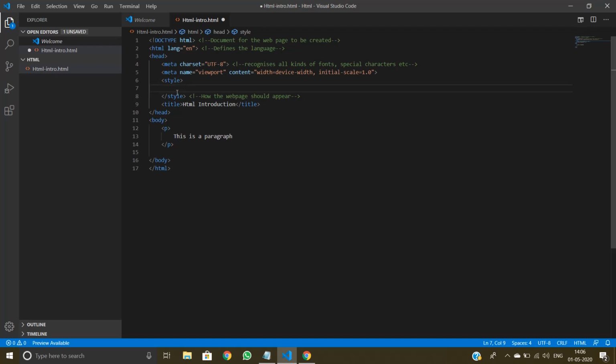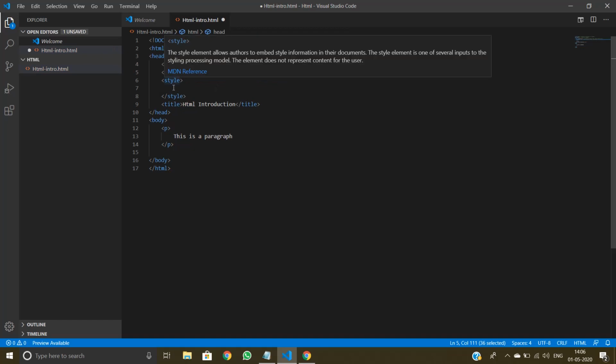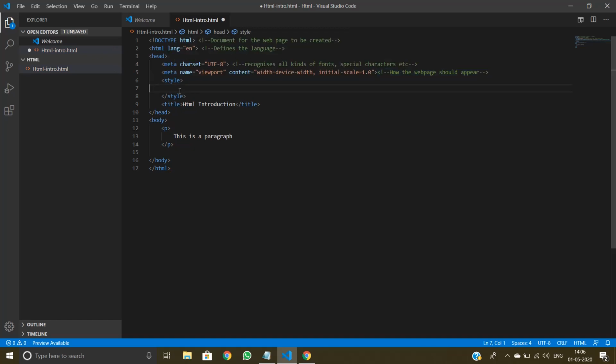So here we'll just style the CSS elements. We'll put the codes for styling the CSS. So this is called the internal CSS tag, or you can just use a separate file with the .css extension and code the CSS codings in that file.